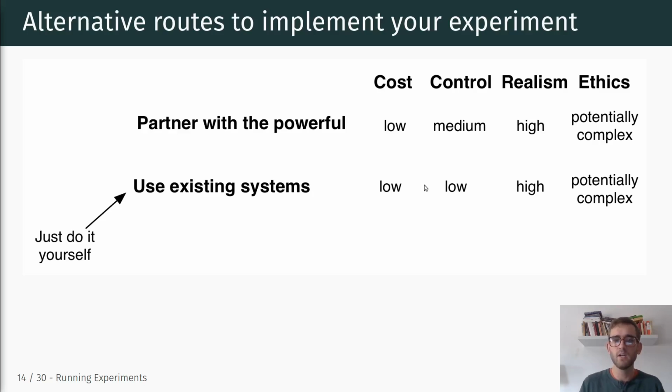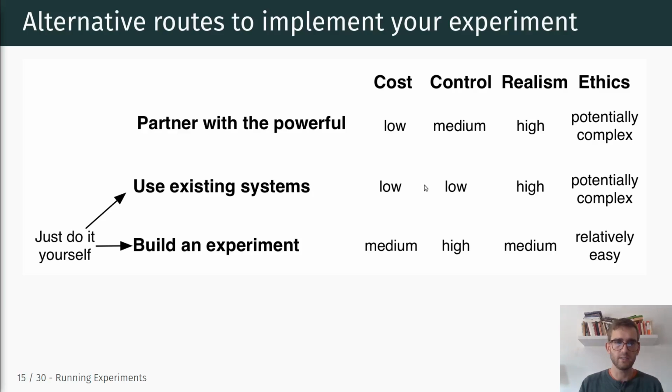You kind of have to work within the framework that is available to you, right? So for example, on Twitter, using bots, but even then, you potentially have issues with terms of service. Twitter, for example, might prohibit certain types of bots, or certain types of interventions, right? So again, ethics can be potentially complex, but the realism of these experiments is comparatively high. Again, because depending on what your outcome of interest is, you can directly explore behaviors that are relevant to your underlying theory and things like that, right?